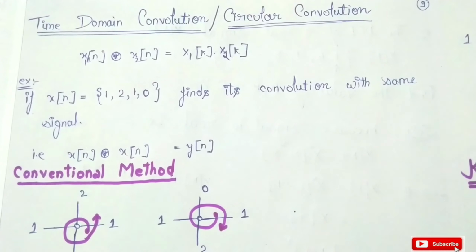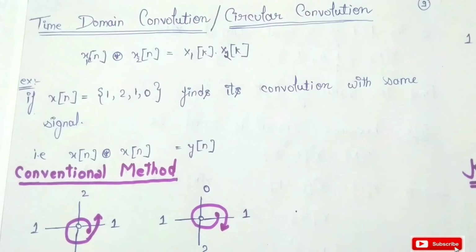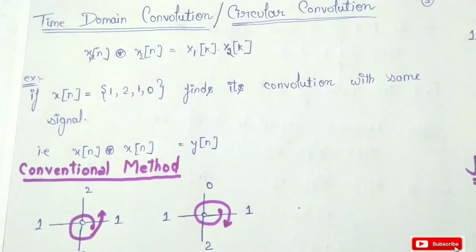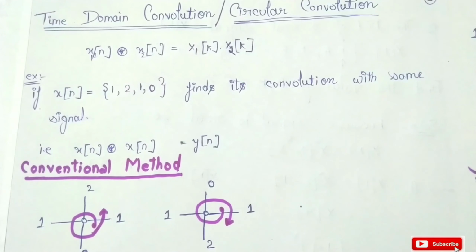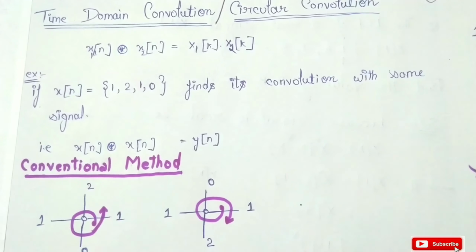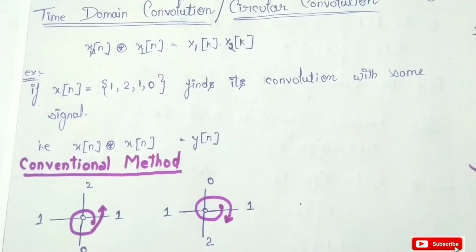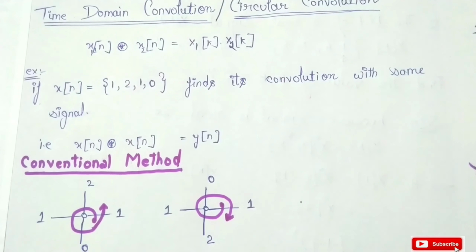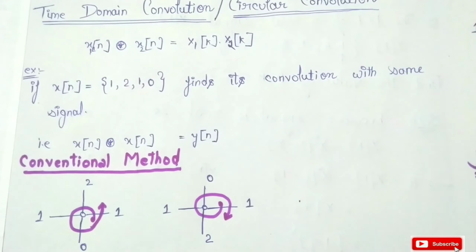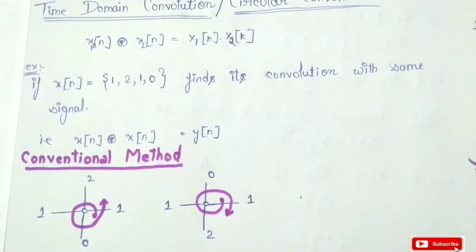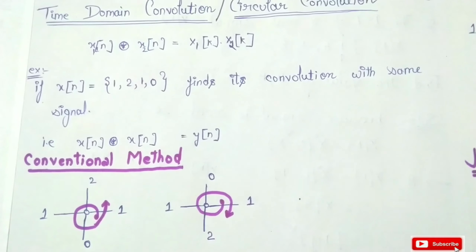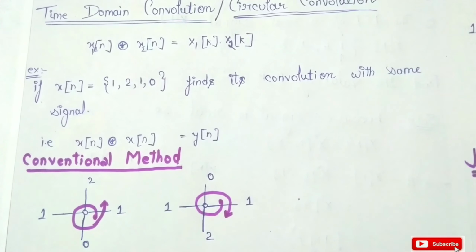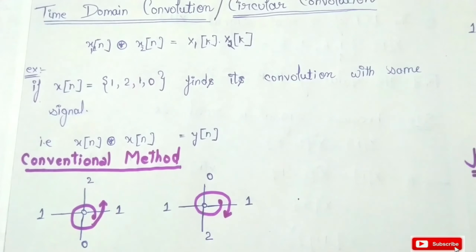टाइम डोमेन कन्वोल्यूशन, जिसे हम सर्कुलर कन्वोल्यूशन भी बोलते हैं। ये एक बहुत इंपॉर्टेंट प्रॉपर्टी है जिसमें हम टाइम डोमेन में सिग्नल का कन्वोल्यूशन लेते हैं। सो कन्वोल्यूशन ऑफ टू सिग्नल इन वन डोमेन इक्वल टू मल्टीप्लीकेशन ऑफ दैट सिग्नल इन अनदर डोमेन। सो एग्जाम्पल के थ्रू हम देखते हैं कि हम सिग्नल का कन्वोल्यूशन कैसे करते हैं। सपोज हमारा x ऑफ n 1 2 1 एंड 0 है,